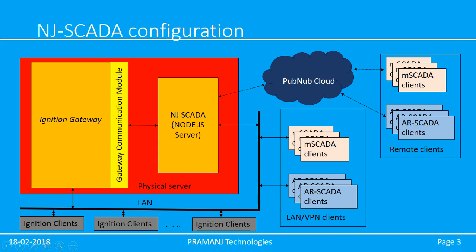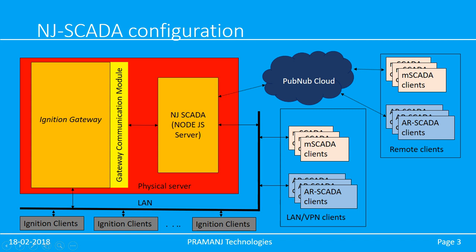The configuration of NJ-SCADA. NJ-SCADA can be installed on the same physical machine as the Ignition gateway server, and it communicates with Ignition through the gateway communication module. The Ignition clients display the data as usual through the LAN connected to the Ignition gateway,